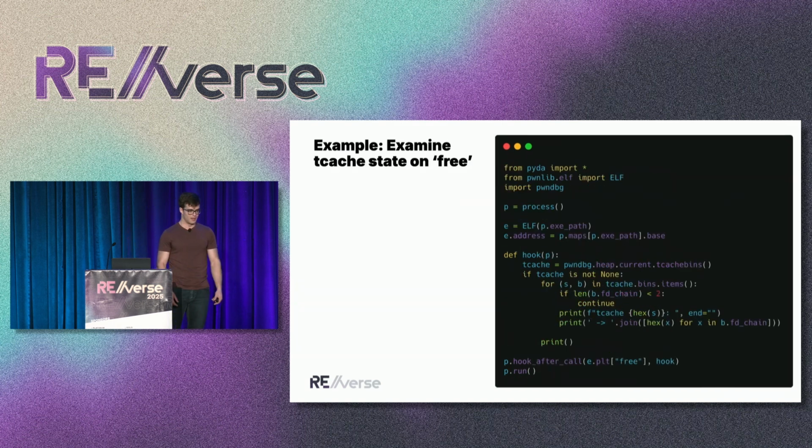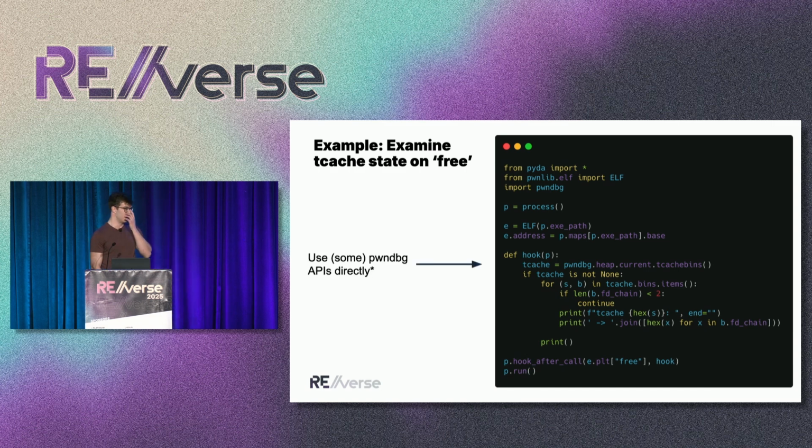This next example, if you've ever written a heap exploit, you may appreciate this. Here we actually allow you to use some APIs from pwndbg directly. So here I'm using the pwndbg.heap.current.tcache bins API, and I think this is mapped to some pwndbg command, but basically you can invoke this and it'll give you a list of all of the active bins, and you can traverse the linked list for